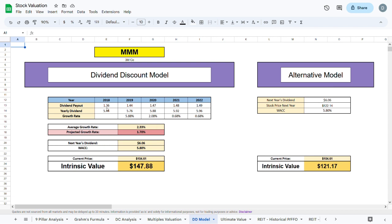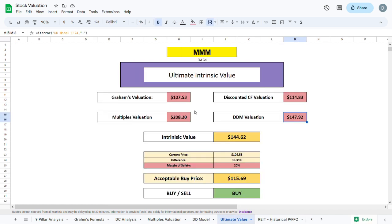Here I plugged in the dividend payout for the past 5 years and calculated the average growth rate to be 2.33%. Now, as I do believe that for the next few years the dividend growth rate will be stunted slightly, I project a growth rate of 1.7%, and this will give us an intrinsic value of $147.88. And now we can move to our output tab where we average out the intrinsic values we got from the 4 different valuation models to arrive at an ultimate intrinsic value of